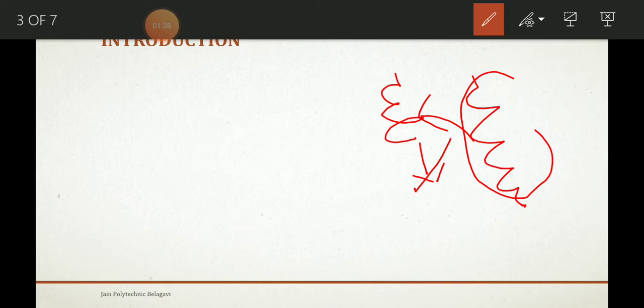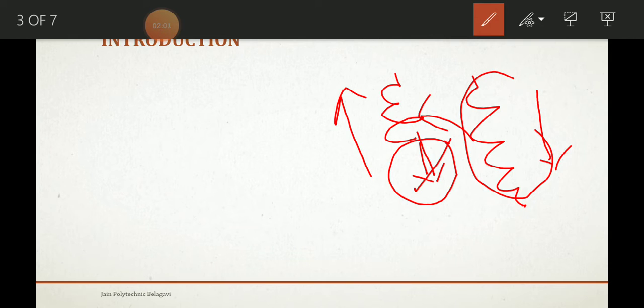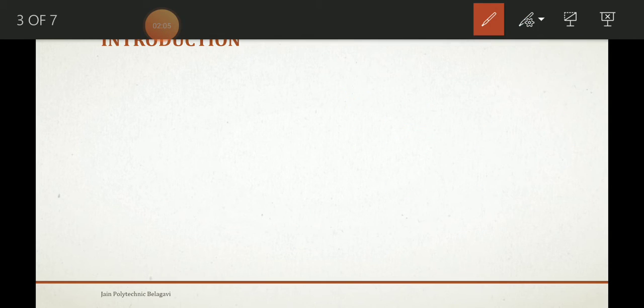So a spring is an elastic member whose main function is to deflect or deform when the load is applied. That means when you apply the load, it will deform, and if you remove the load, it will go back to its original position. This is what a spring means.